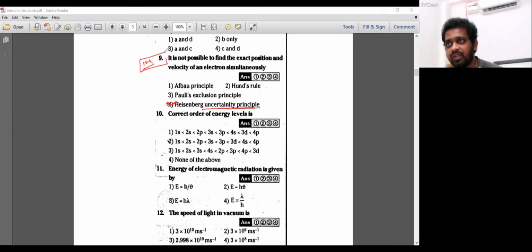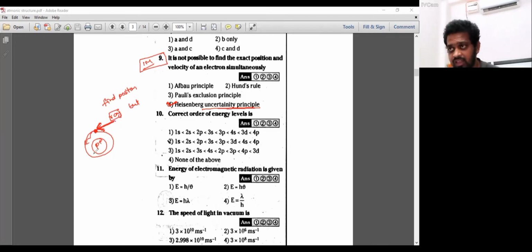The meaning of this statement is, whenever you are finding out the position of the electron around the nucleus, I am going to find out the position. So whenever I target this electron with some other laser light, some rays, then what will happen? You can find the position, but the velocity is going to be changed. Why? Because I targeted that electron with the help of another ray. So after colliding the electron with this ray, the velocity may be changed.